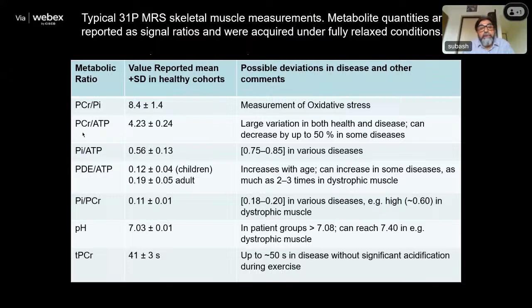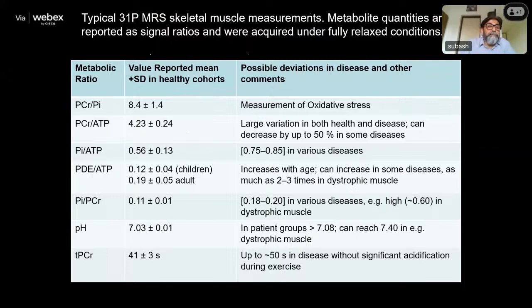the oxidative stress or the oxidative metabolism. In most of the Western literature, they have shown the value of PCr/Pi to be 8.4 plus or minus 1.4 as standard deviation. Similarly for other peaks, PCr/ATP is 4.23 plus or minus 0.24, and there has been large variation in PCr/ATP in both health and disease, and it can decrease up to 50% in some disease conditions where ATP production is